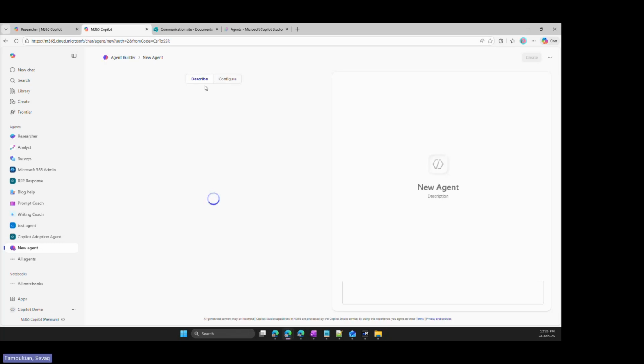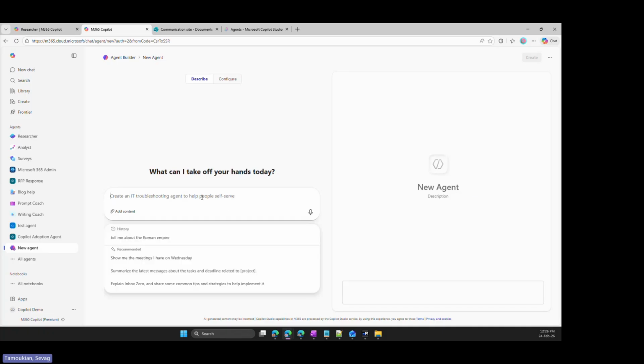where I can go and just describe what I want this agent to do for me. That's why I said, even if you're non-technical and you don't have dev skills, you can create your agents. I do travel a lot within work, so I do care about the weather in my destination, about paperwork, so on and so forth.